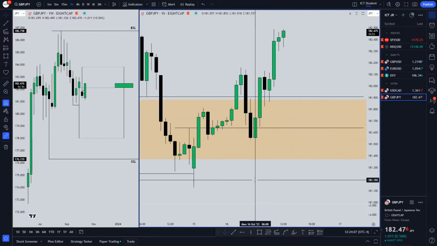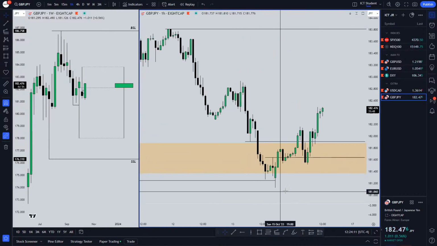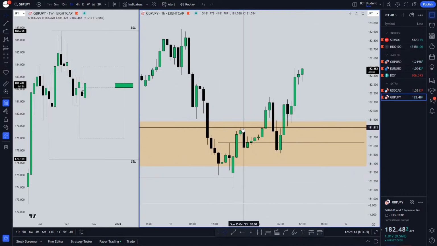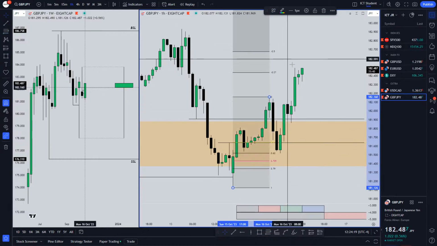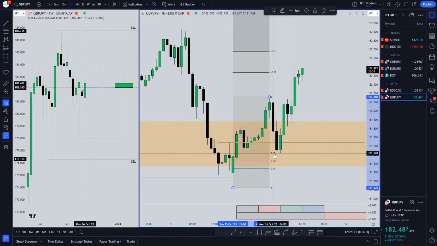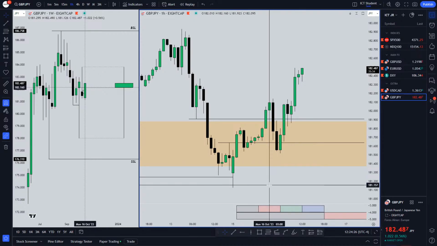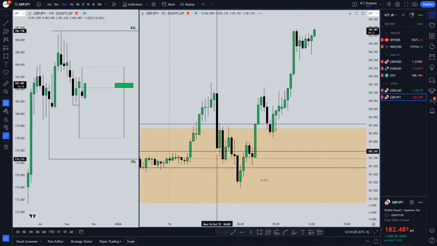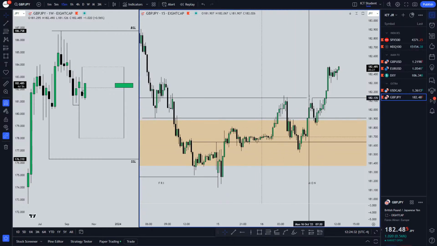But again, here on the 1-hour time frame, you can just see we took out this sell side, and then eventually we started rallying, and then we created an ideal high for a market structure shift. And I think this would have been an ideal OTE entry right here. It would have been the 62 retracement level, tapped into it perfectly. And even then, you could have found a better trade if you just scale down. It could have been this 15-minute buy side imbalance. We took out this low, rather higher.